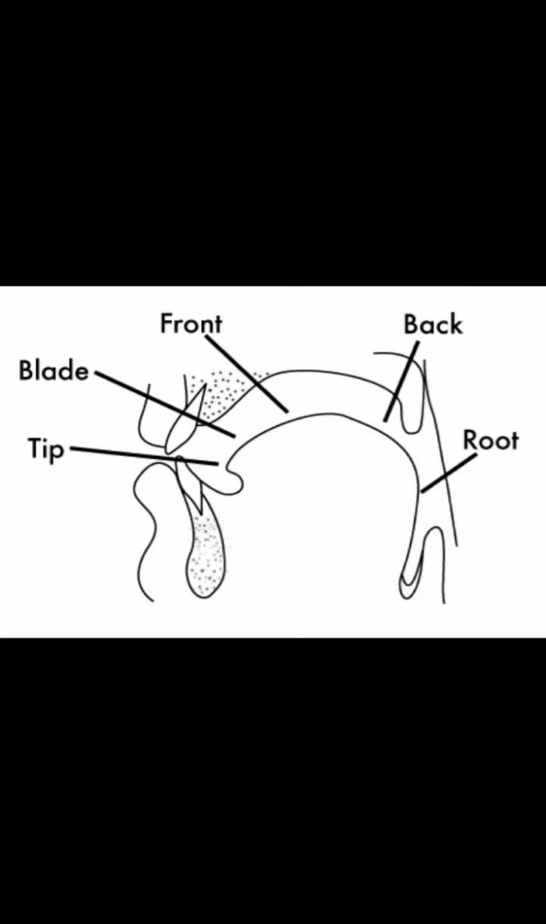Different parts of the tongue. The tip. When the tongue is in a state of rest, it is the part that is lying behind the lower front teeth. The blade. It is lying opposite the alveolar ridge. The front. It faces the hard palate. The back. It is on the opposite side